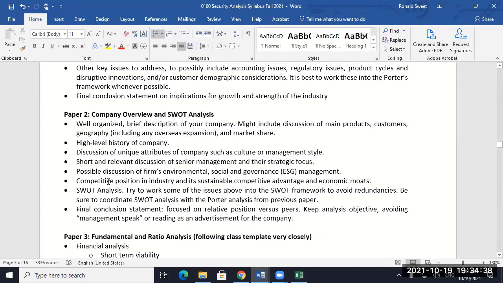It's a good summary of the company. Make sure you've read the business description section of the annual report. You hear what management says this company is all about. Make sure you've done some type of value chain analysis, research in Google to see what other people are saying. The value chain is highly related to economic moats. So essentially the value chain just says, what does this firm do? Step by step by step: inputs, process, outputs, staffing. What do they do? And of those different pieces, where are they most distinctive? What gives them the huge advantage over everybody else?